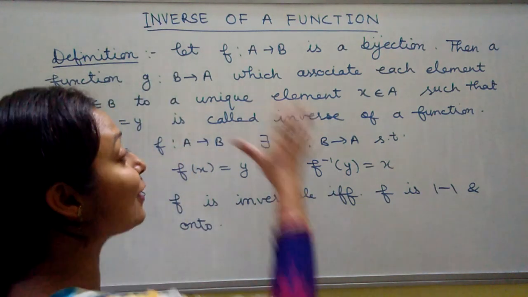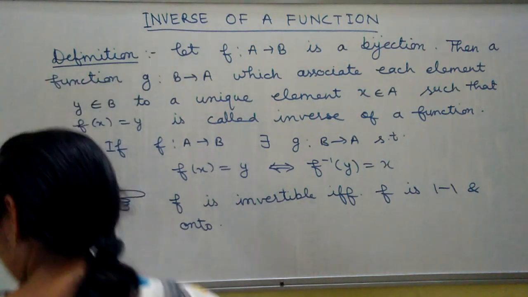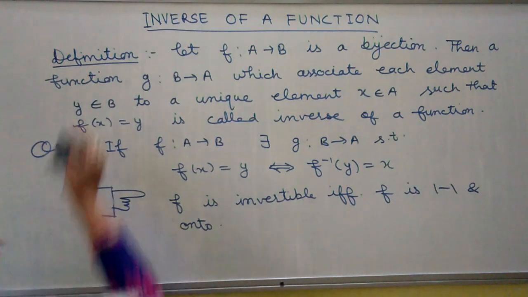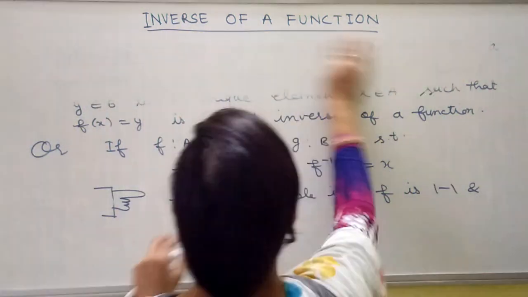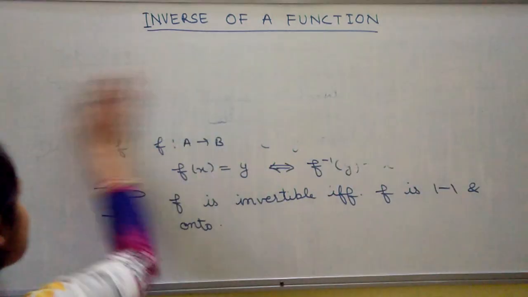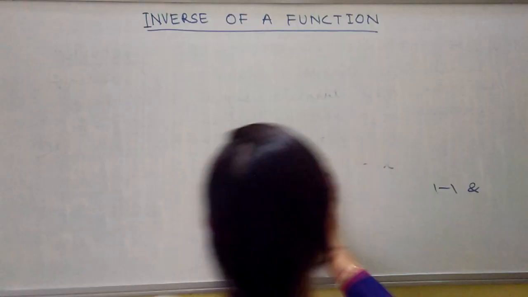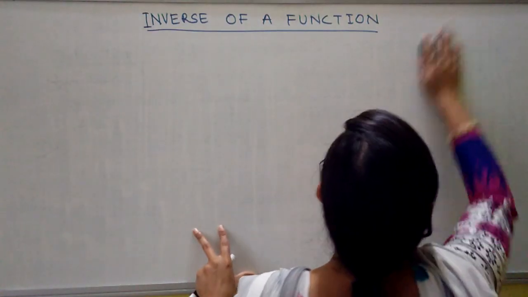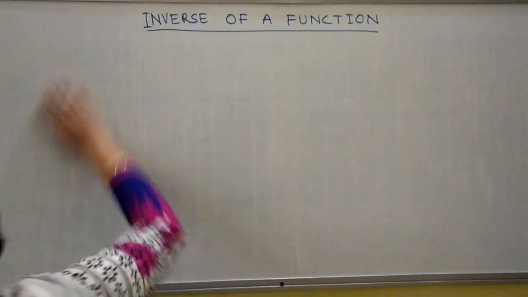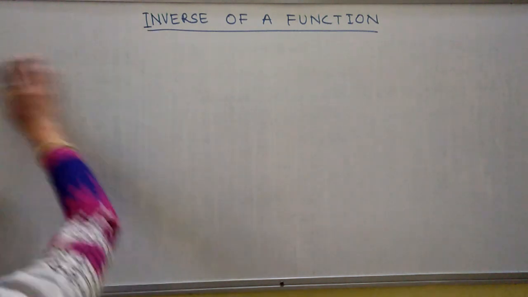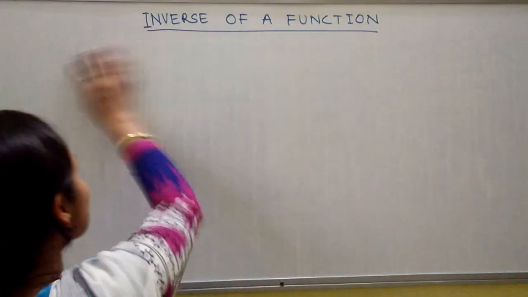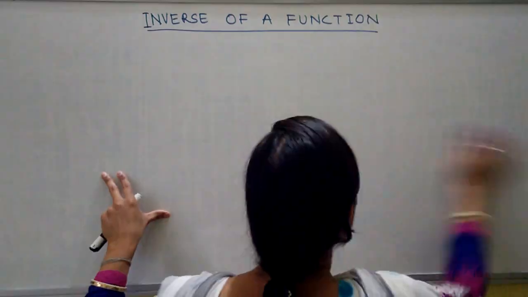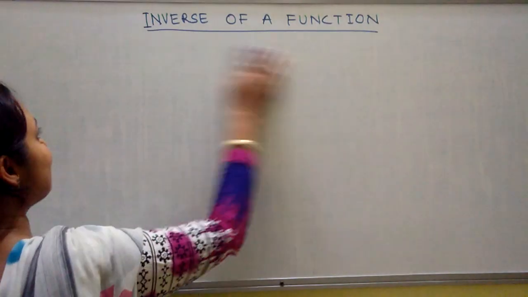Okay, now come to the algorithm to find the inverse. What is the algorithm to find the inverse? There are only 3 steps in the algorithm, and it is very simple. I will write those 3 steps and then find the inverse by taking a simple question. Algorithm means the procedure, the method to find the inverse.